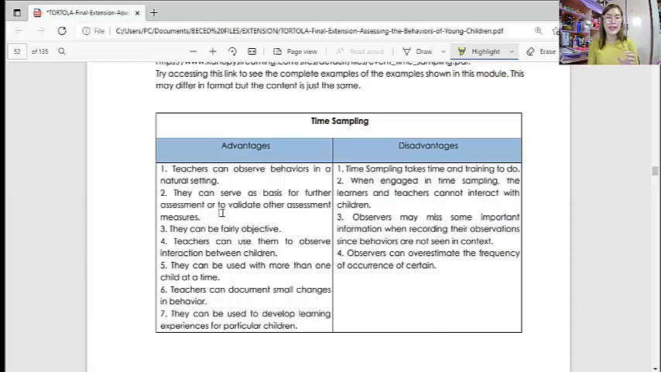So, teachers can document small changes in the behavior, and then they can be used to develop learning experiences for particular children. Let's take a look at the disadvantages. Time sampling takes time and training to do. Just like the event sampling, it takes time and skills to make this